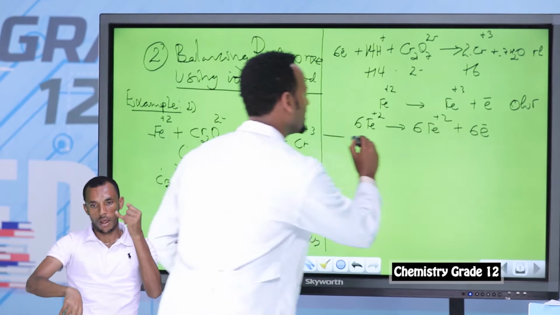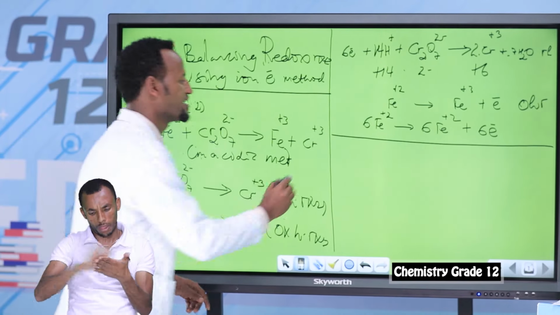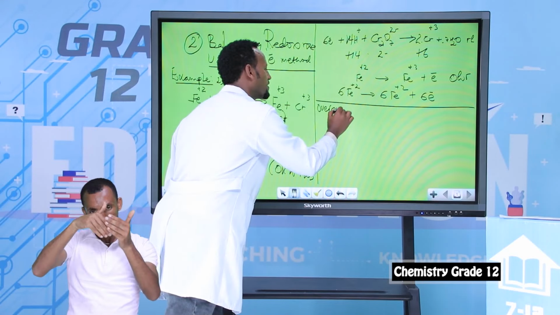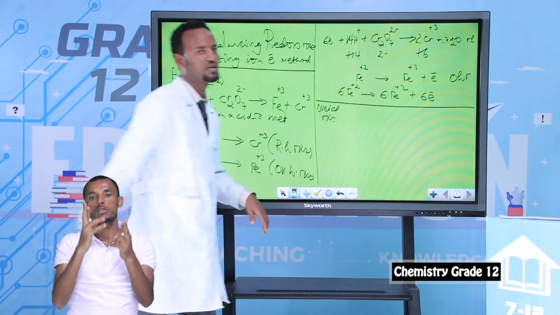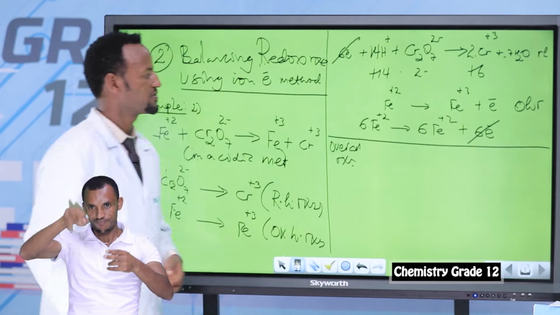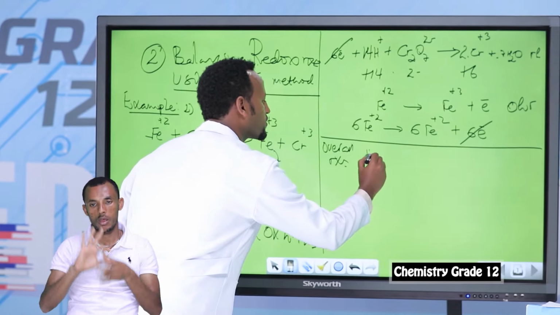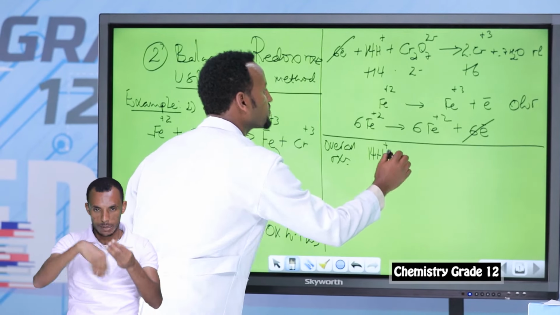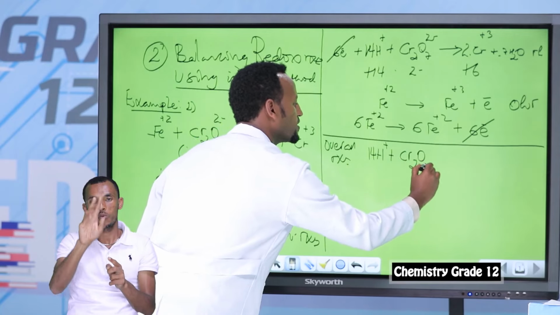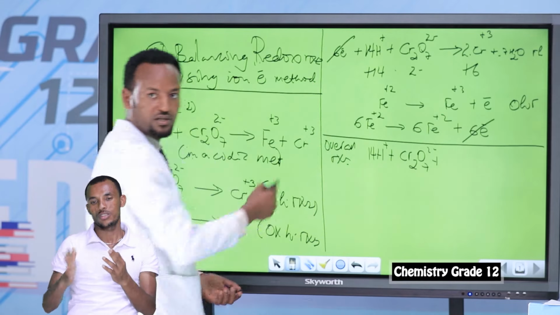Finally, write the net equation. The final equation, the net equation, the overall equation, is the overall reaction. Write the overall reaction. The overall reaction means simply cancel. Look, 6 electrons are cancelled by 6 electrons. The other equation is the net equation. Now 14H plus, this one, plus Cr2O7 2 minus, again this one. Another reactant position is from the oxidation. Reactant position is